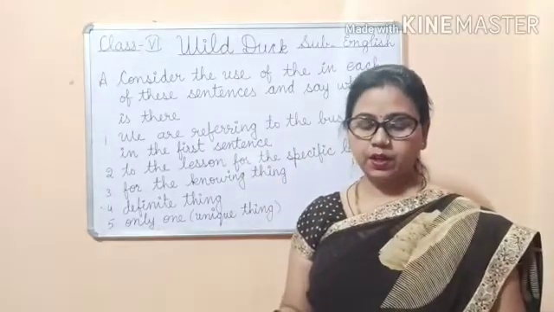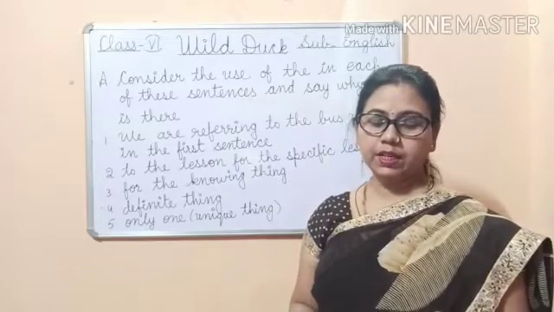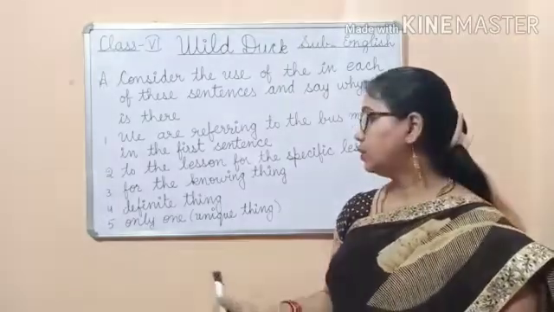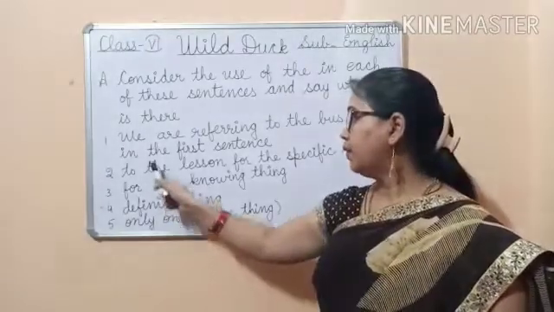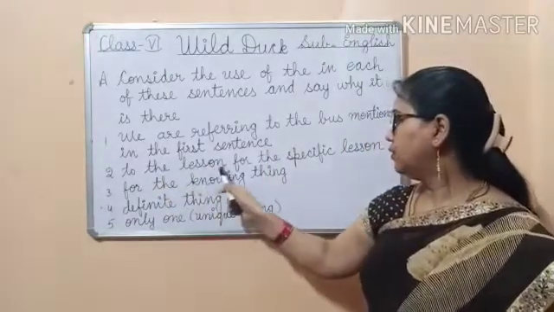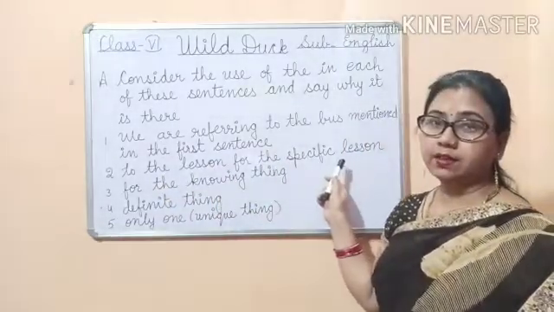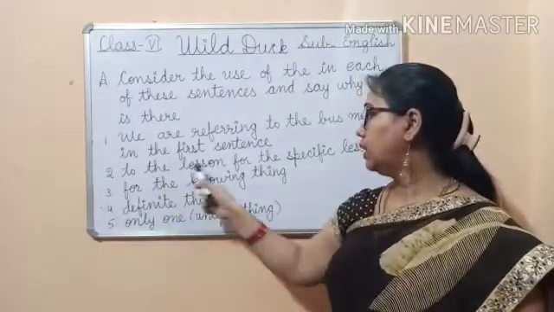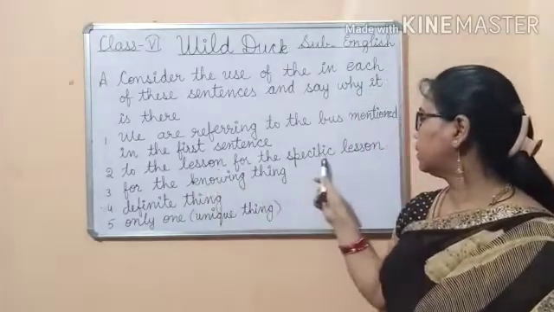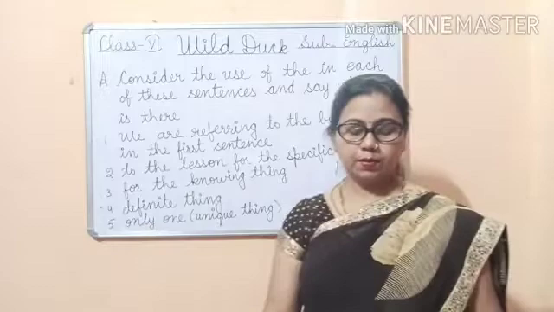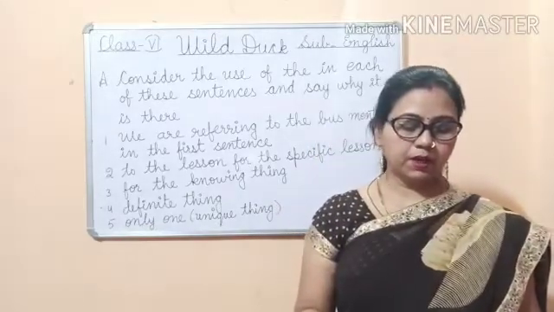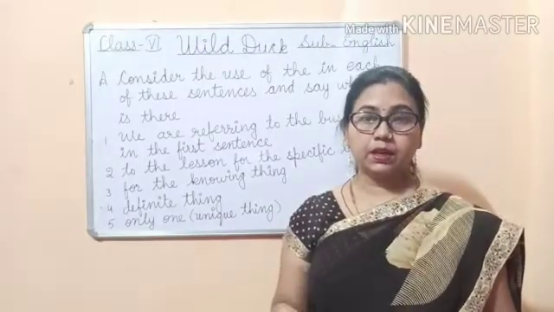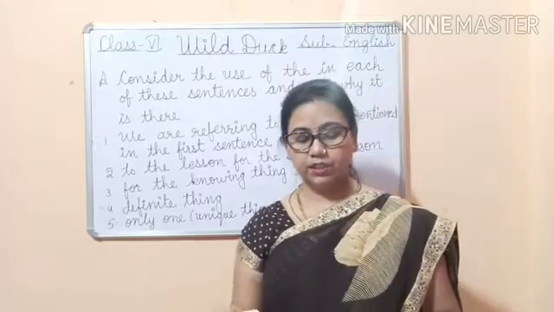Second number is, we can't talk now. Wait till the lesson is over. Here, the lesson is over. So we are referring to the specific lesson, the known lesson we are talking about. Number 3 is, how much was the bill for all this shopping? How much was the bill? The bill for all this shopping.